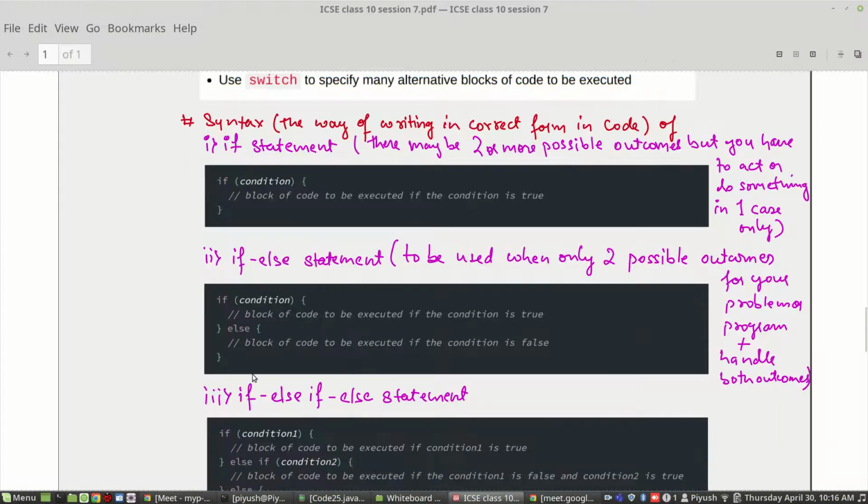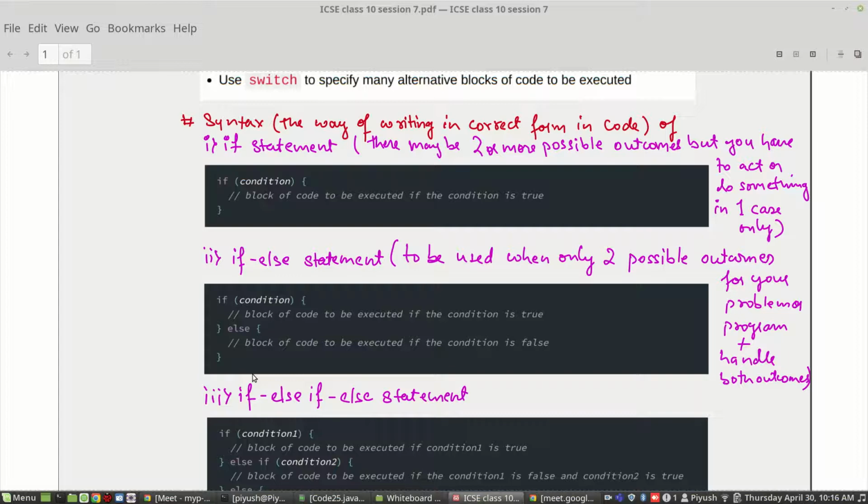With this background, we also went ahead and saw that there are chances of multiple outcomes, but if we have to handle only one of the possible outcomes, then we are going to use the if structure of conditional statement.